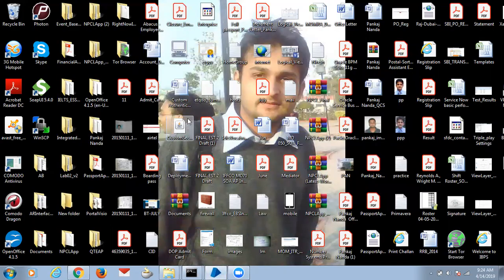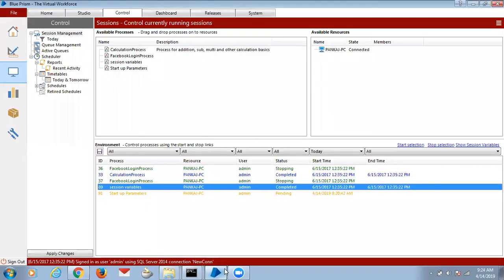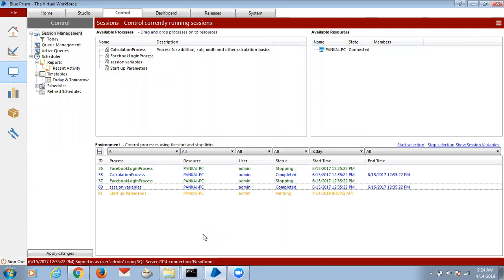This is about the control room startup parameters and the session variables. For the interview purpose, they may ask you questions depending upon your position. Startup parameters means, when you are running the process, if you want to give any input before executing the process, you can get the startup parameters.